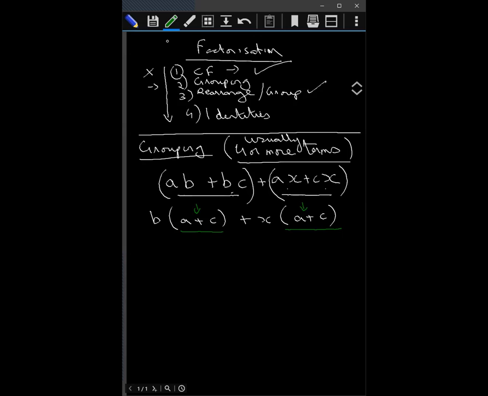Very common mistake. One more common problem that you all do is, supposing this was instead of plus, this was a minus. As soon as we group, this sign would change if this was a minus. Okay, that means that if I had AB plus BC minus AX plus CX, okay, and I group this, and now I group this. As soon as I group and I see that there is a minus sign outside, I change the sign inside. Remember this, right? These are the common mistakes that we do. You all have learned this last year, so you can avoid that for now.